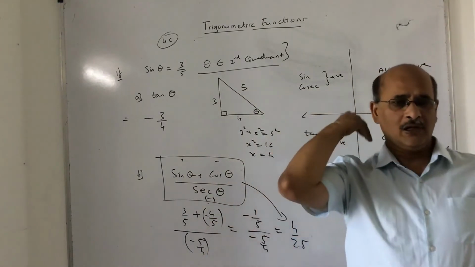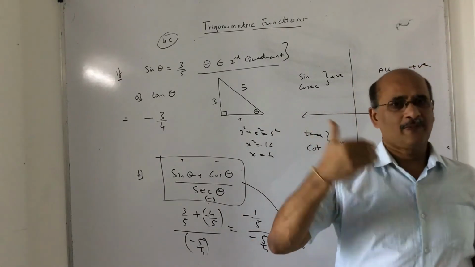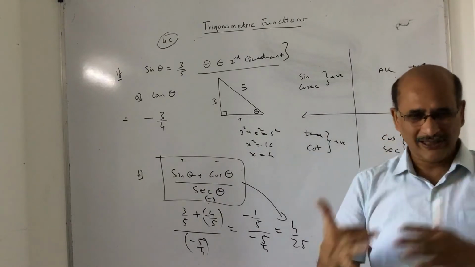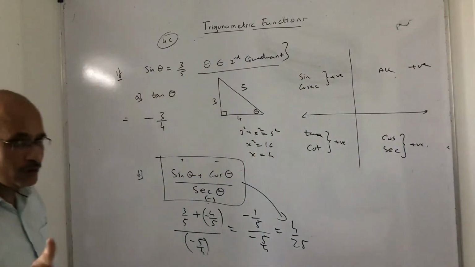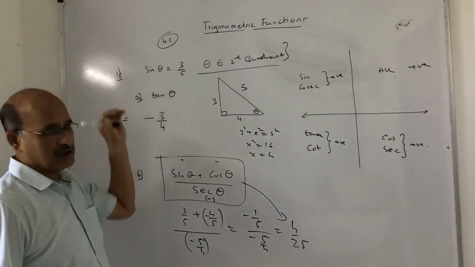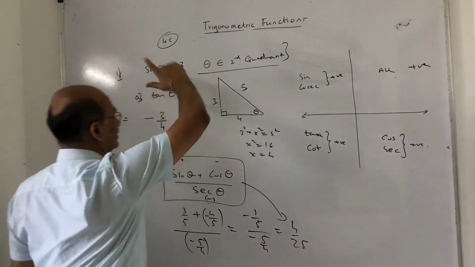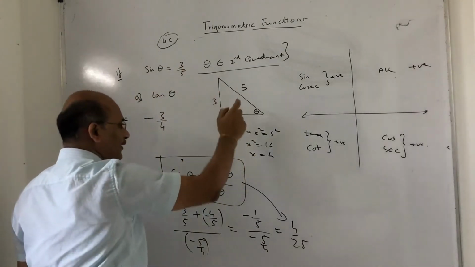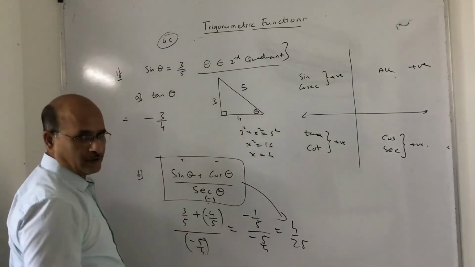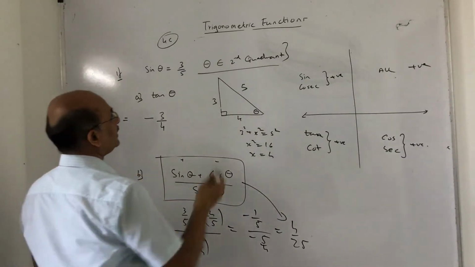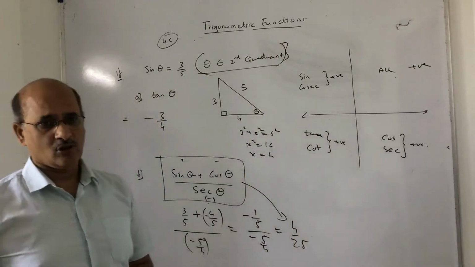Sine is perpendicular upon hypotenuse, cos is base upon hypotenuse, you can say opposite, adjacent, whatever you want to call it, there is no issue at all. But what I want to say is, these are called conditional sums. That's the message I want to share with you. With conditional sums and the right angle triangle, after finding the missing side, you can find any expression value. But you have to be very careful that this is already given to you, theta is the second part.